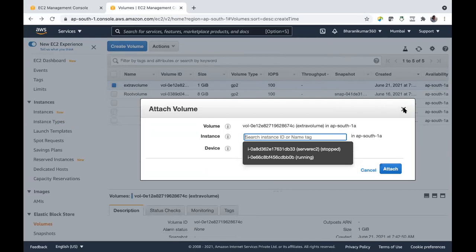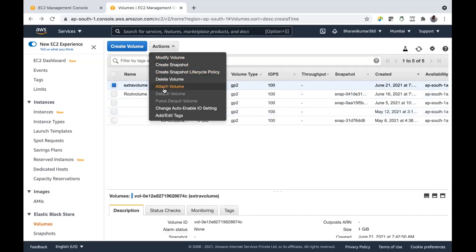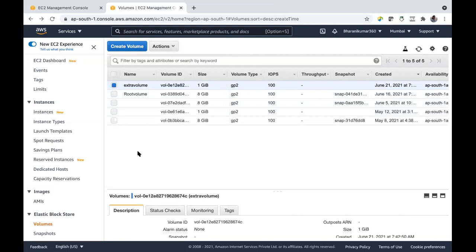Now you have externally attached your volume to your instance. It's as good as buying an external hard drive and connecting it to your computer. That part is done, and it's very simple on cloud. You are virtually doing that. You have created a volume, which means you got one extra piece of hardware, and in actions you have attached it, meaning connected it to your computer. You have configured that part.